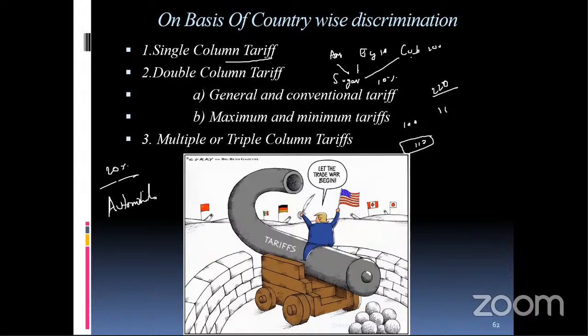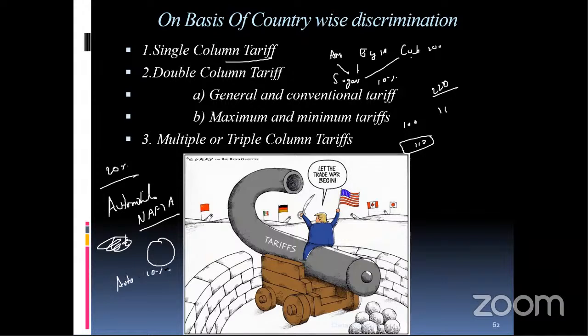In double column tariff, what basically happens is, see here, there are like two different rates on the same set of commodities. So if automobiles, if the best example is Central American Treaty Organization or something. Cento ಆಗಿತ್ತು. ಅಲ್ಲಿ ಅಮೆರಿಕಾ, ಮೆಕ್ಸಿಕೋ, ಕೆನಡಾ ನಡುವೆ ಒಂದು ಫ್ರೀ ಟ್ರೇಡ್ ಅಗ್ರಿಮೆಂಟ್ ಆಗುತ್ತೆ. ಐ ಥಿಂಕ್ ಇಟ್ ಇಸ್ ಸೆಂಟೋ ಆರ್ ಸಮಥಿಂಗ್, ನಾಫ್ಟಾನೋ ಸೆಂಟೋನೋ, ನಾರ್ತ್ ಅಮೆರಿಕನ್ ಫ್ರೀ ಟ್ರೇಡ್ ಅಗ್ರಿಮೆಂಟ್ ಇಟ್ ಇಸ್. ಸೊ ನಾಫ್ಟಾಲ್ ಏನಾಗುತ್ತೆ ಅಂದ್ರೆ, ದ ಕಂಟ್ರೀಸ್ ಹೂ ಆರ್ ಪಾರ್ಟ್ ಆಫ್ ನಾಫ್ಟಾ, ಅವ್ರಿಗೆ, if they are importing